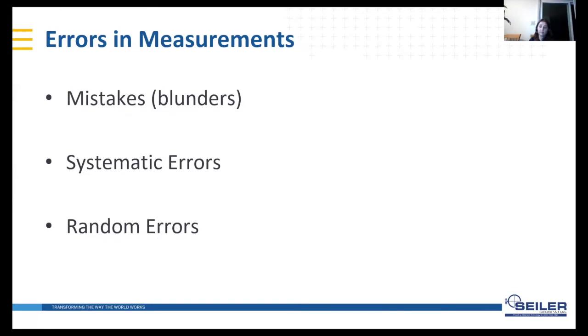And there might also be systematic errors, which include but are not limited to temperature effects, eccentricities, or antenna phase center variations.